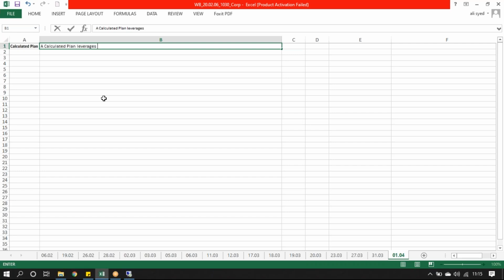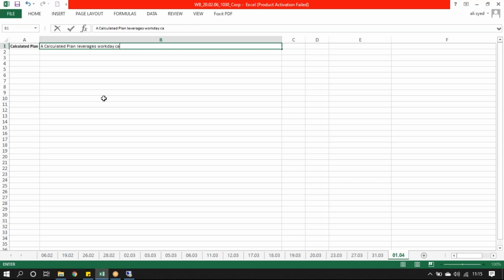Now, a calculated plan functionality leverages that same engine. I'll build different calculations with the help of the Workday calculation engine. So a calculated plan leverages the Workday calculation engine